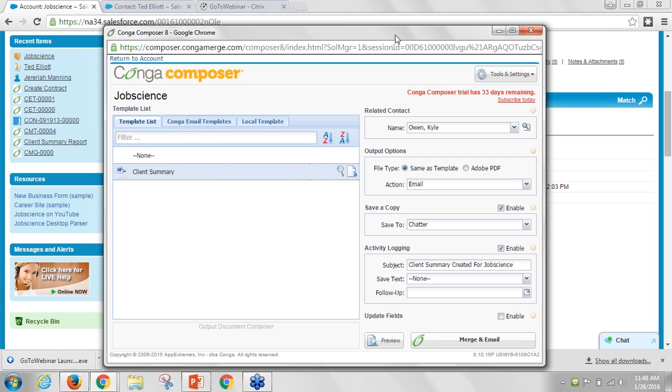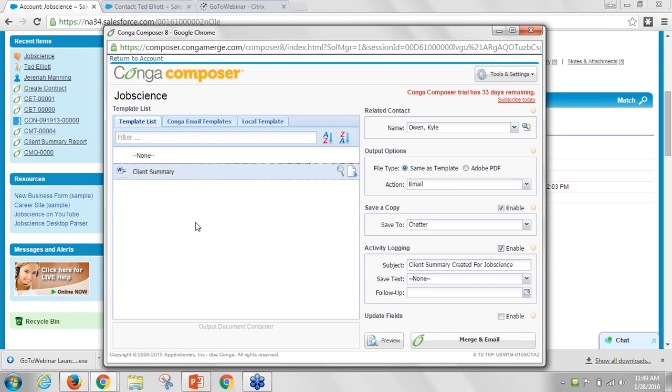And that really is what I want to emphasize on this first solution: we're able to get all that information that's related to a record. Think of it as a big net cast. Once you click that button, we're tossing out a big net, getting all the related information, and then displaying this to the user to say, well, what template do I want to use? In this case, we're seeing a client summary doc. It actually is a Word template that we're going to use.